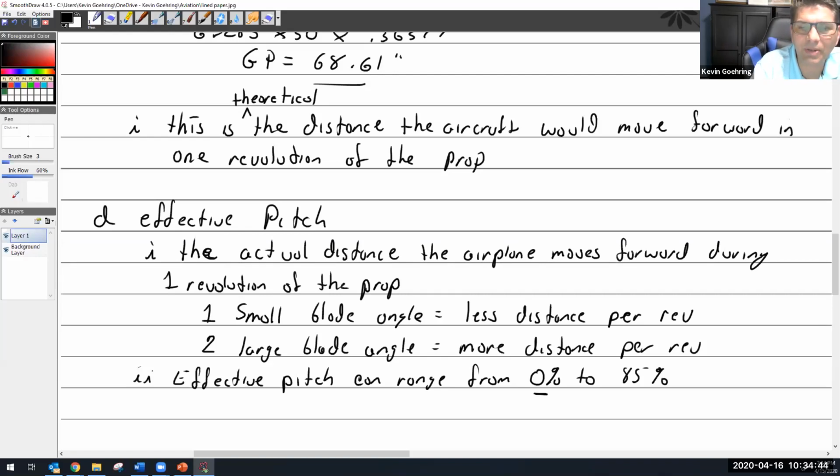Let me just change this a little bit. So anyway, let's say I'm going to design a plane, and it'll be that Very Easy up there. I want my propeller to be very efficient because I'm going to cruise my aircraft normally at about 65% power, right? So I do some math and I say, okay, 65% power for this aircraft at 5,000 feet, where I'm normally going to be flying around, is 2,500 RPM. We'll just throw out some numbers here. So I design a propeller that works great at 2,500 RPM,